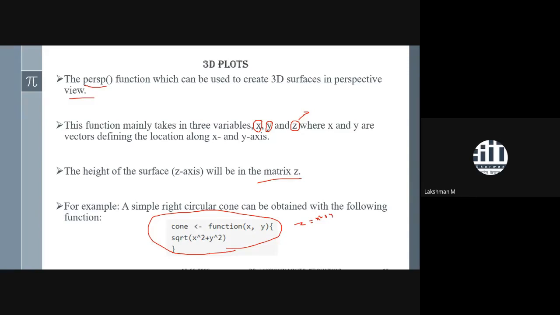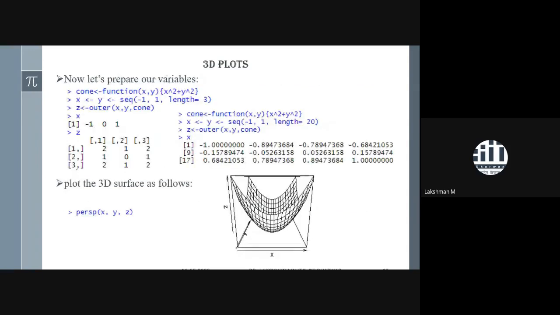Remember one thing: what is the outer product here? Now the outer product will come into the picture. I have taken one example for outer product. What is the meaning of the outer product of two vectors? If you are taking two vectors like 1, 2, which is a column vector, and take the outer product, it is not the reverse of that. It is A times B transpose. This kind of product we call the outer product of two vectors A and B.